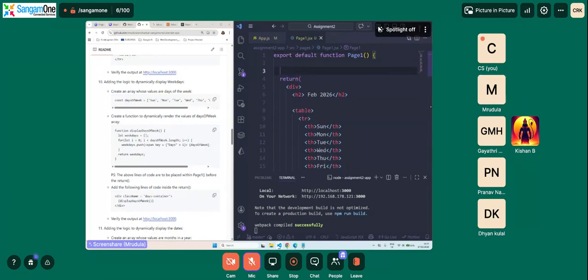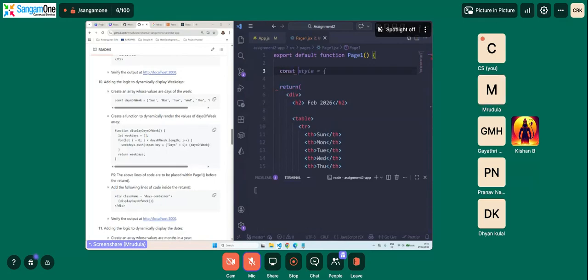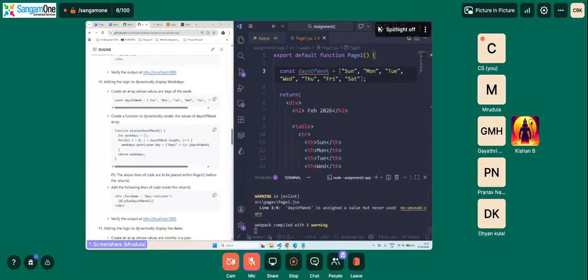Okay. So here what we are going to do is const daysOfWeek, and we have it here. So we are going to do Sunday through Saturday, and then we are going to dynamically render it. So how we are going to do it, since this is an array, we are going to use for loop and loop through the days of the week variable. Okay.